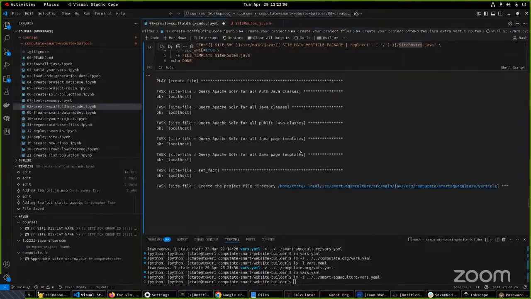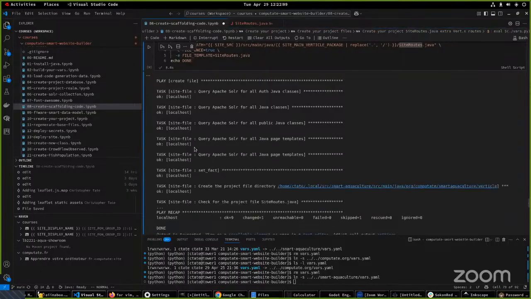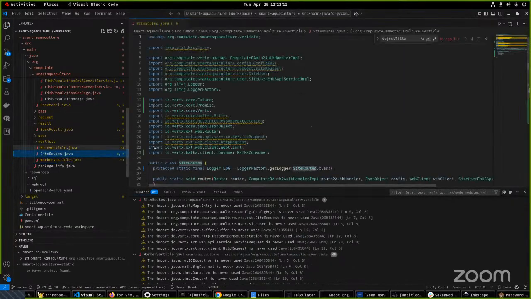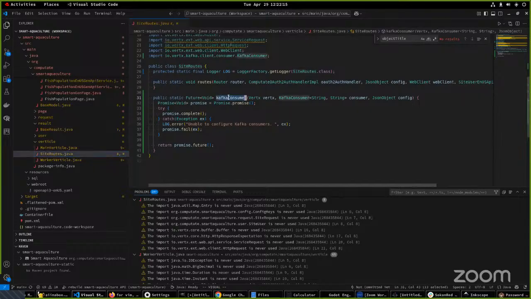We hadn't customized it at all anyway, but now it's back and it extends this Kafka consumer method, which you can update in here. So now you're good to go